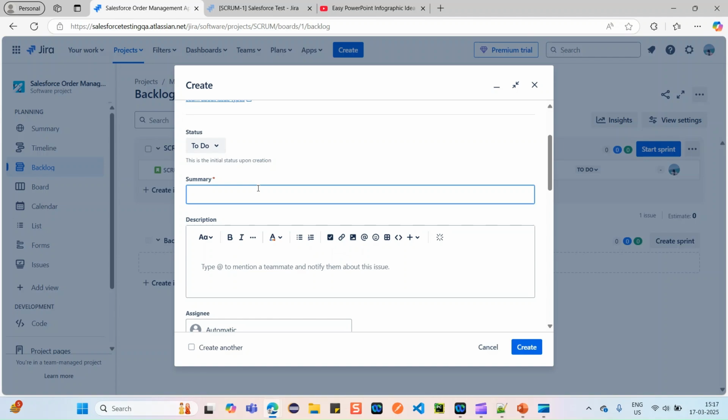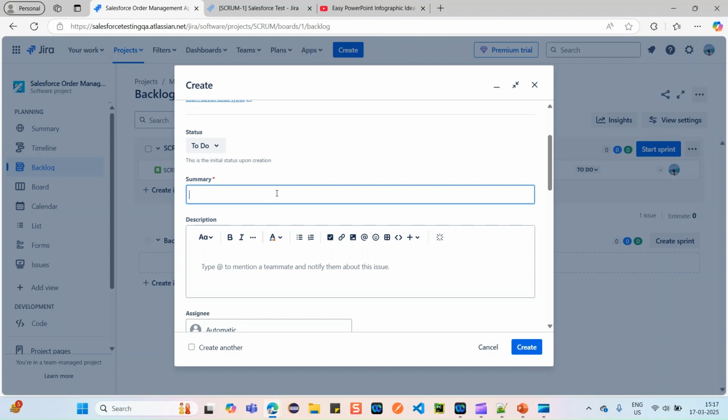Make sure you follow a proper naming convention for each and every defect, and it should also be short. What I mean by a proper naming convention: for example, if you are working as a tester in an agile project, you will be working in sprints.